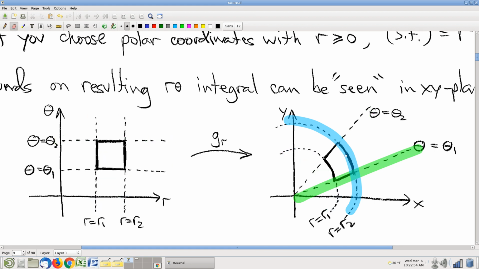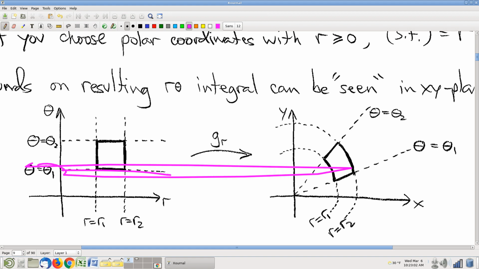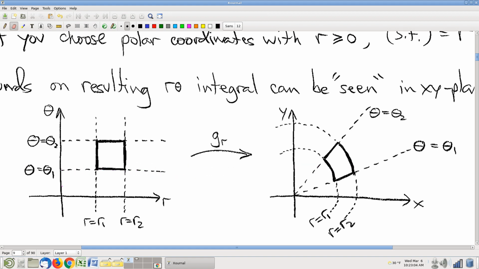Okay. In this new wonderful domain, of course, we slice it up in the usual way. Let's start with theta slices. Theta starts at, oh gosh, I'm sorry, my elbow again. Start with that slice, this value of theta, whatever theta 1 is. And then we keep doing theta slices until we get up to here. So theta goes from theta 1 to theta 2. Then, upon fixing some value of theta in there,